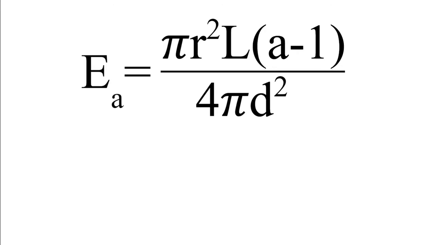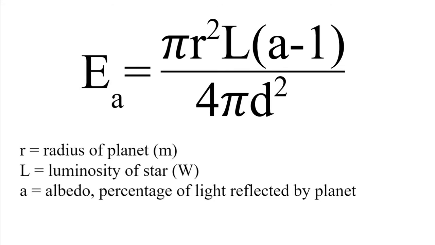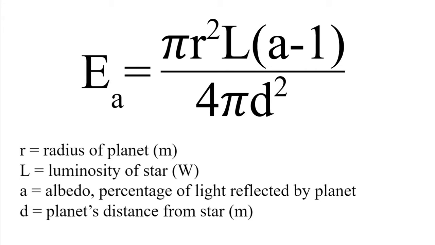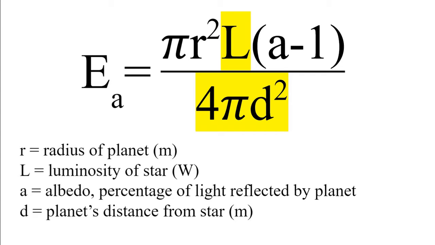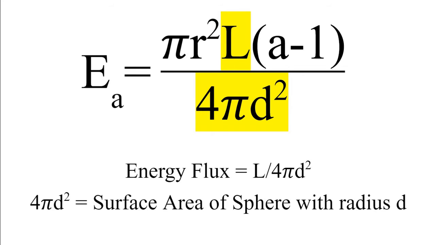The equation for the rate of energy absorbed by the planet is shown here as E sub a, where r is the radius of the planet, L is the luminosity of its star, A is the planet's albedo, and D is the planet's distance from its star. If we look at this highlighted portion, this is the equation used to find the rate of energy through a single point. If the denominator looks familiar here, that's because this is once again the equation for the surface area